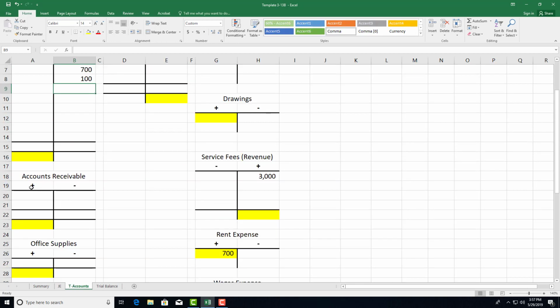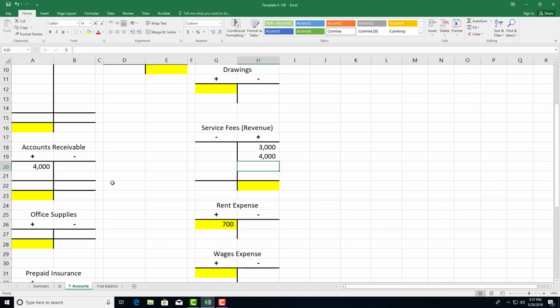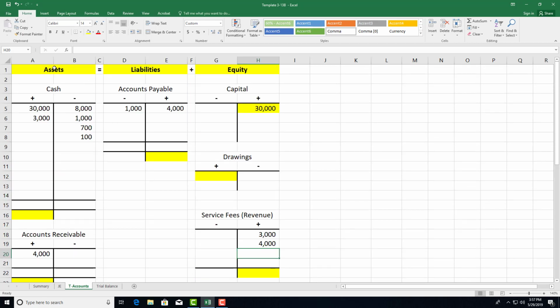And so we'll go to accounts receivable. That asset is being increased $4,000. Revenue is being increased $4,000. And this brings up a good summary point that revenue is recorded when it is earned, not necessarily when we receive cash. So what happened is we had an increase to assets,